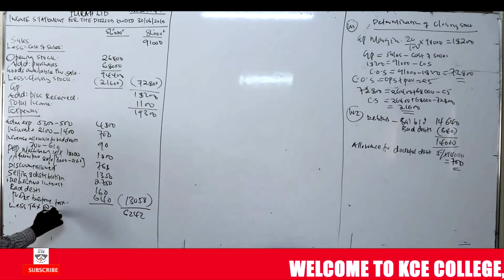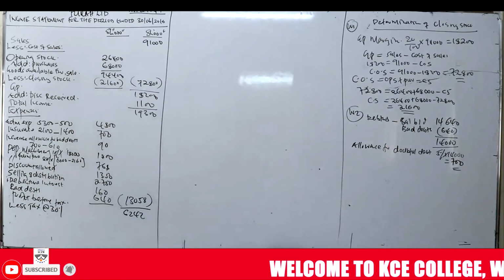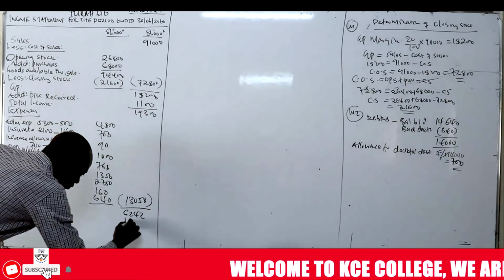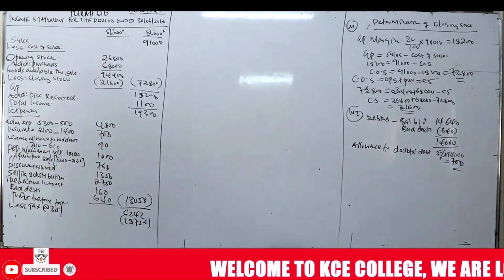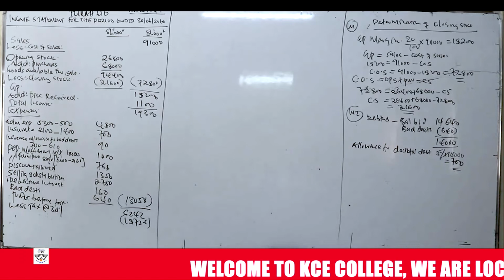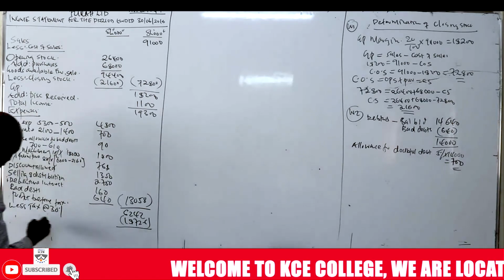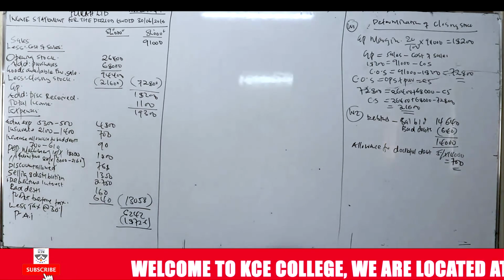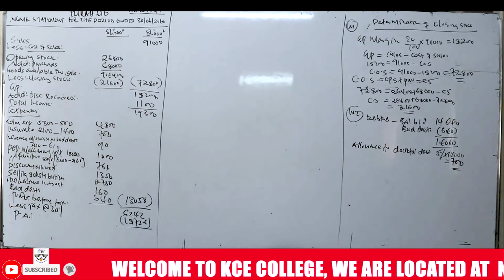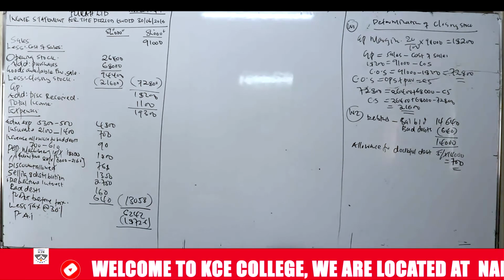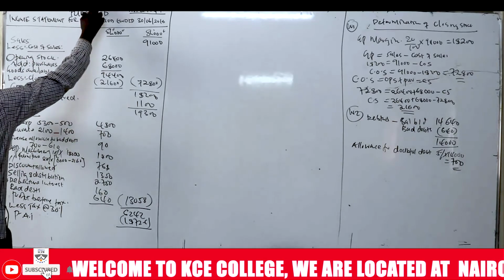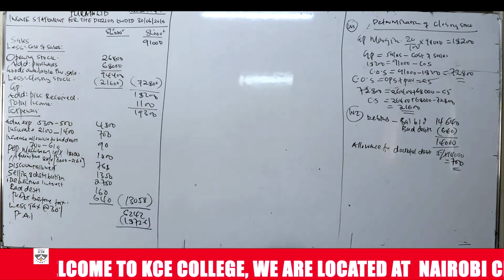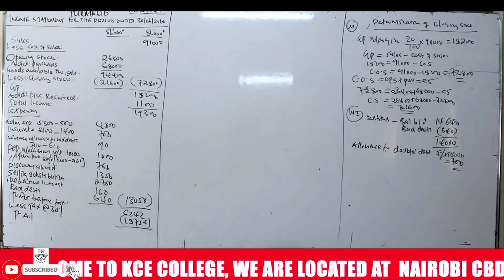Tax at 30%. 30% of that one is how much? 1872.6. Is it so? Profit after tax. You get profit after tax. Kuja ngapi? Anakuja ngapi? 43,